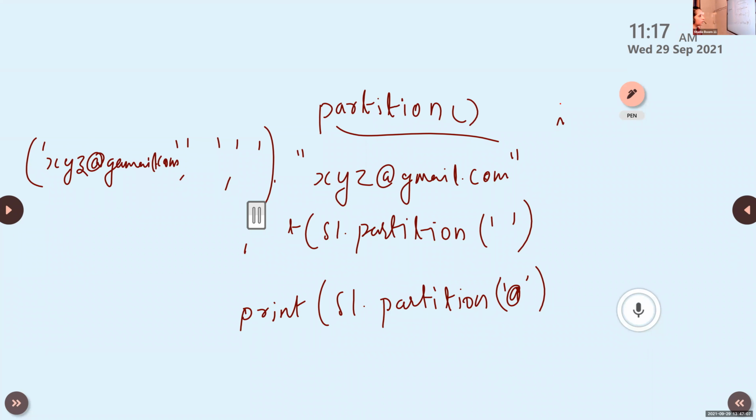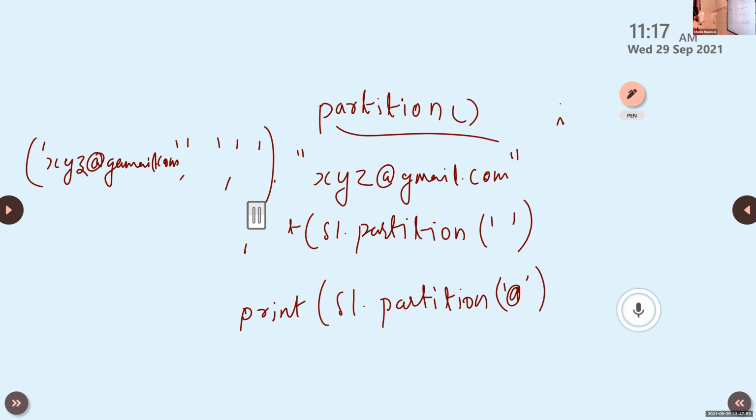If the separator is not found, it returns the string itself, followed by two empty strings within the parenthesis as a tuple.